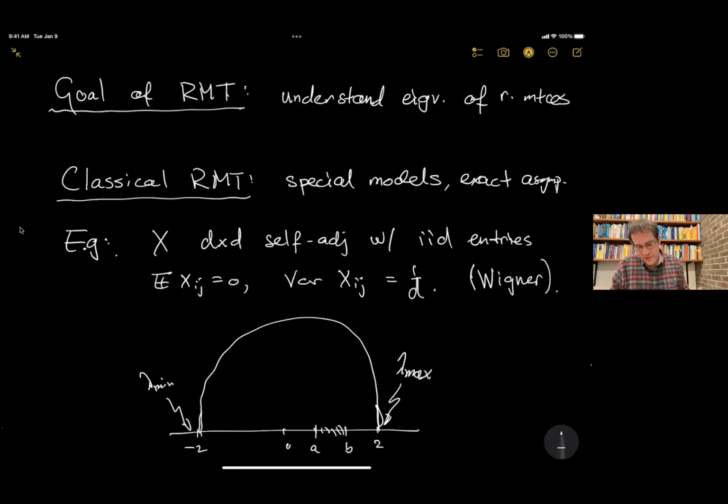But the price you pay for this is that you have to have a very special model of random matrices, right? And you have to have a sequence of them as the dimension goes to infinity in order to be able to study them at such level of detail. So you are restricted to asking very specific questions about very specific models of random matrices. So my talk is not about this. In many ways, I'm going to talk about the opposite extreme.